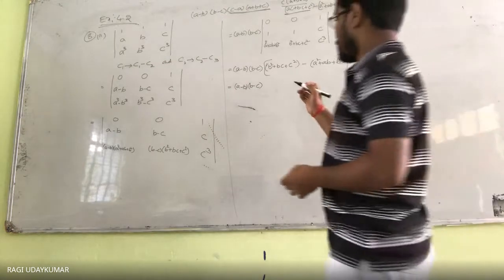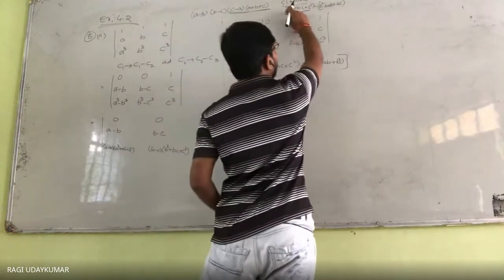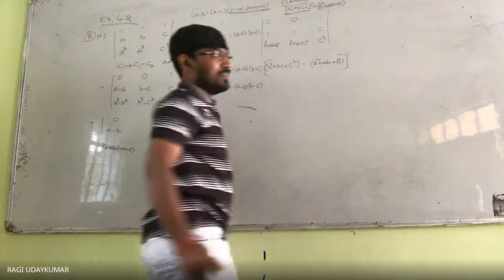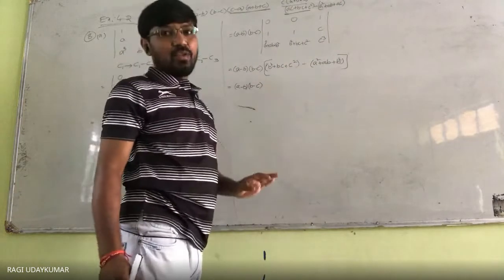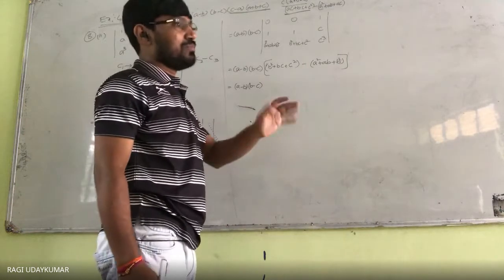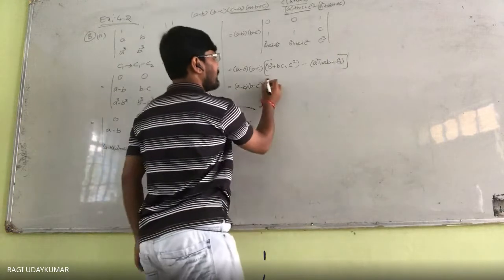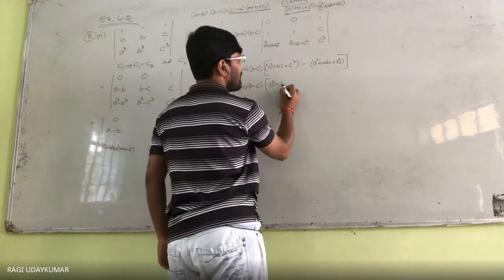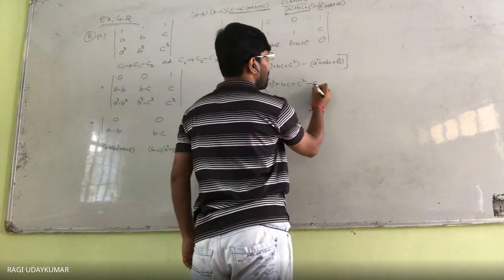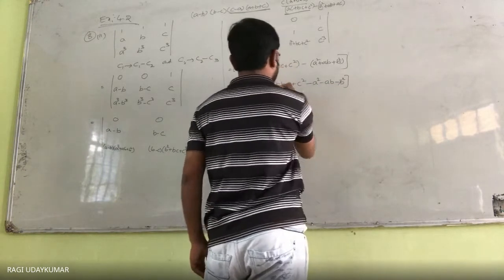Whenever you expand it, what are the extra things we are getting here? See here, AC is here, AC is also there, but in this one AC is not visible, so we need to add AC and subtract it, so that the problem becomes convenient for us to reach the required form. So what do you get here? B square plus BC plus C square minus A square minus AB minus B square. Actually, B square will get cancelled.